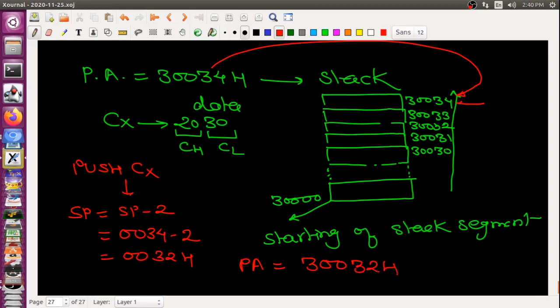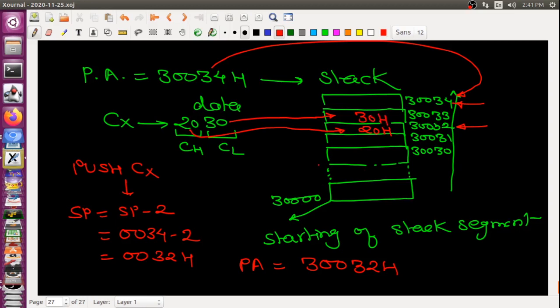Starting was this, but before the pushing operation, my pointer is saying you have to start to put the data here. So obviously it has performed the decrement operation. So this value will be copied here, 30032. Again, if I am going in the reverse way, because it has the decrement property, my CH value is copied here, and this value will be copied here, 30030.